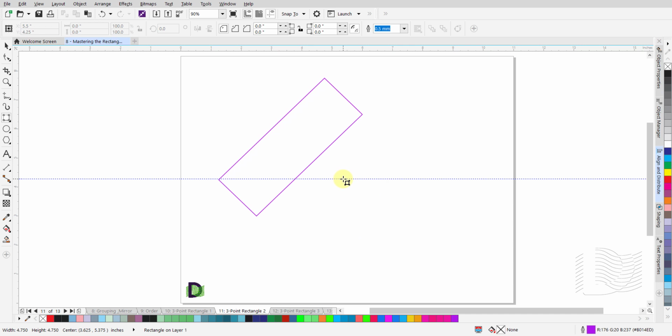To draw a square at a specific angle, left-click and hold the mouse button at the start point. Press and hold down the Control key and move the mouse to get the required angle for the line. In my case, it is 45 degrees. Drag the mouse diagonally to the intended endpoint. Release the mouse button, but not the Control key. Keep the Control button pressed down and move the mouse up or down to draw the square. Left-click once to complete the square and disengage the cursor from the canvas. Release the Control key as well.